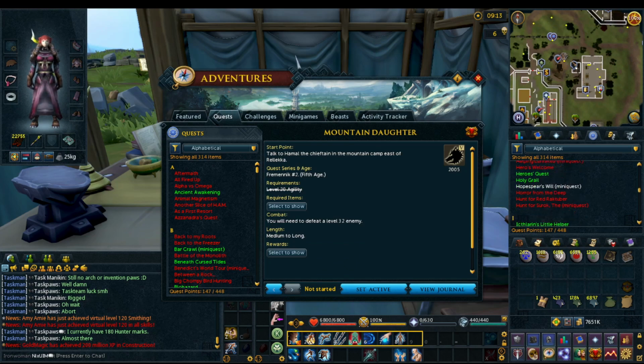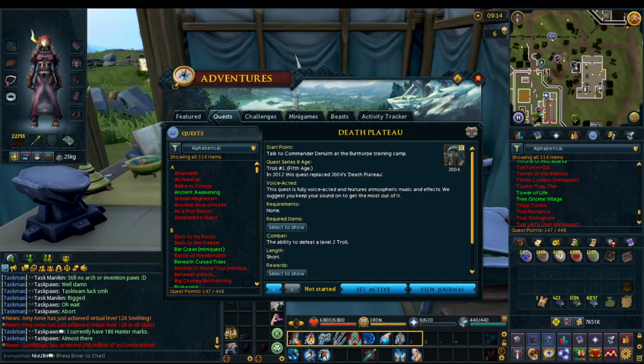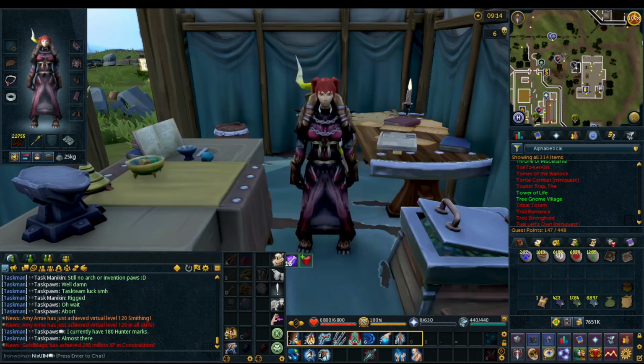And then, after that, I should have level 30 ranged at least, so I can do Troll Stronghold, which will give me 20,000 experience I can toss into range, and that'll let me... That should get me up to the level 40 I need. I'll need to do Death Plateau for that, but that's fine. So, I guess I will have to postpone my plan for dungeoneering, but